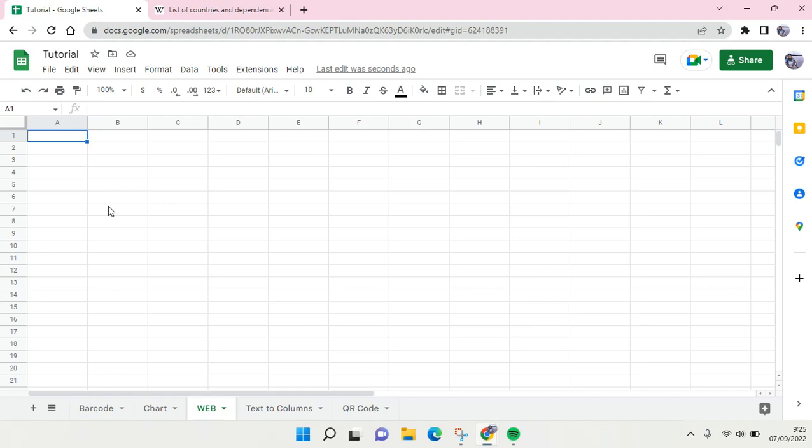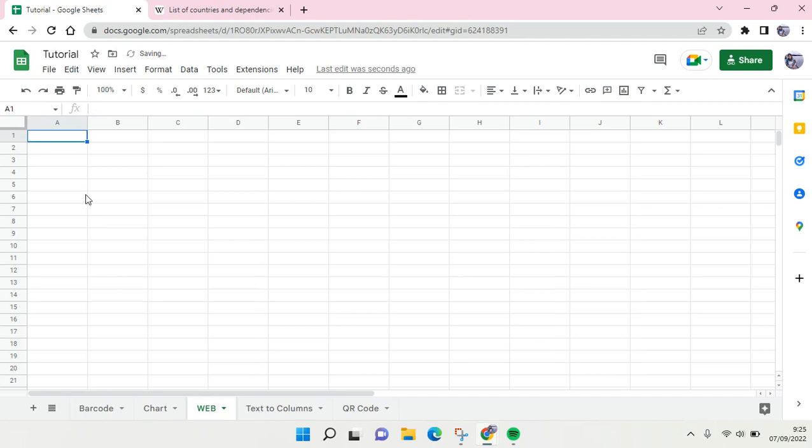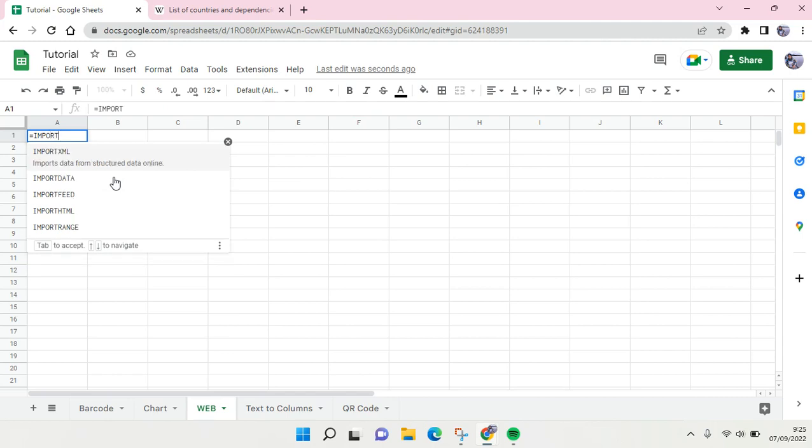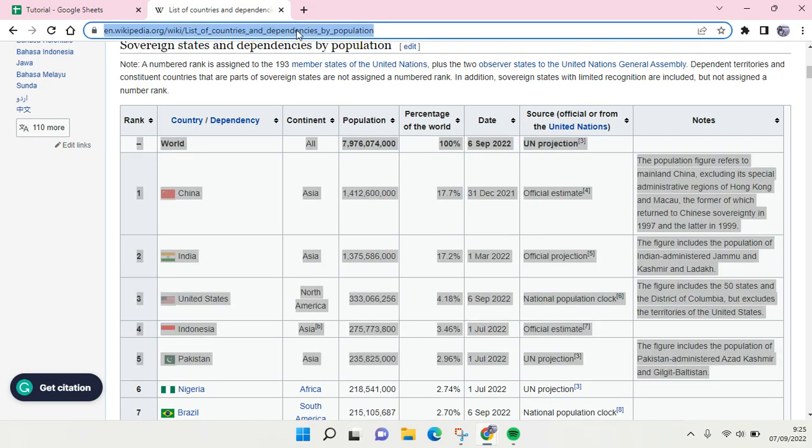You can do this, but if you do that, it will have a weird format, like here. So what you can do is just use the IMPORTHTML formula. So I'm going to show you. Here I'm going to click on the IMPORTHTML and then parenthesis, and then next copy the link from